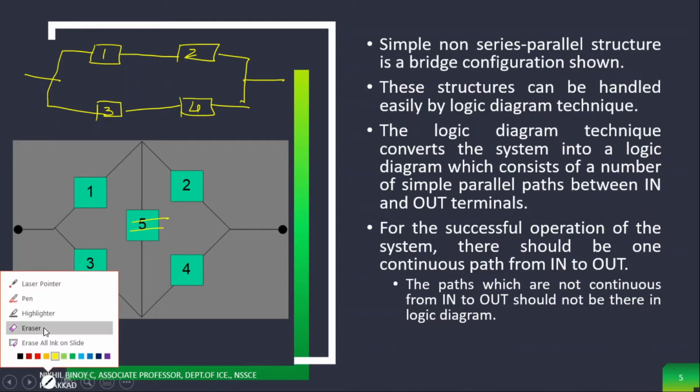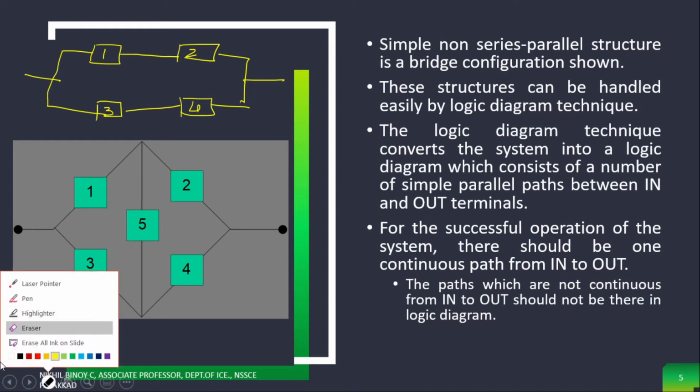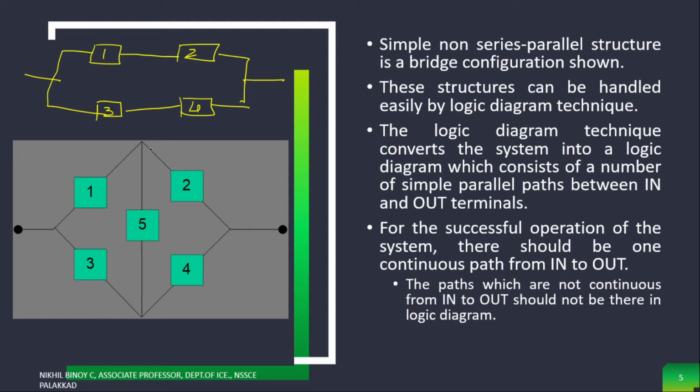Now, if the fifth component is 1, meaning the probability of the fifth component is 1, meaning this part is simply connected, like this one, then we have a reliability block diagram something like this one, right? If instead of 5, that one is a shortcut, simply connected, then the reliability block diagram is something like this. If you have a reliability block diagram like this, we can easily solve.